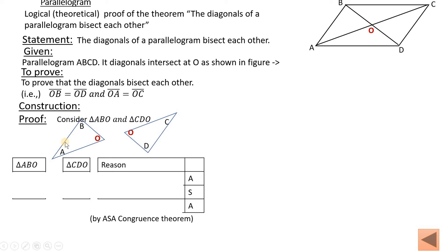Since we already know that opposite sides are equal in a parallelogram, it is already established. So we can make use of that concept. By that we can say AB should be equal to CD. So we are making use of that established fact. AB should be equal to CD. Now we'll have to prove some correspondence between the two angles which form in this line.